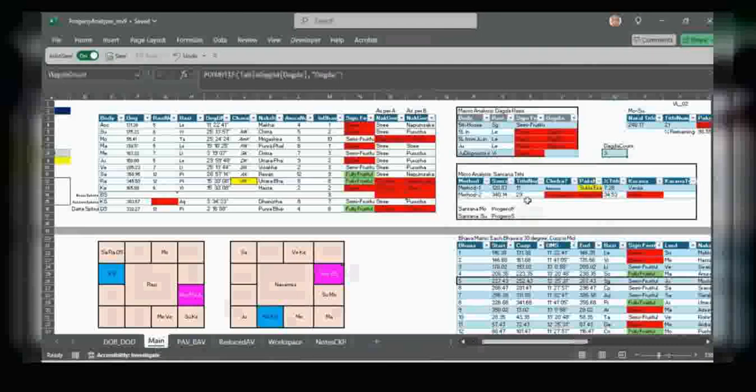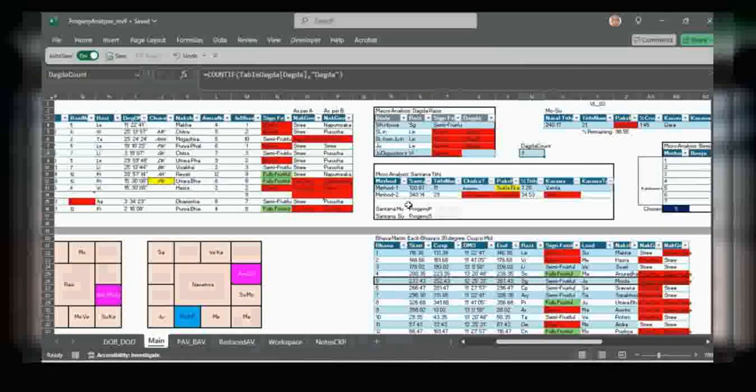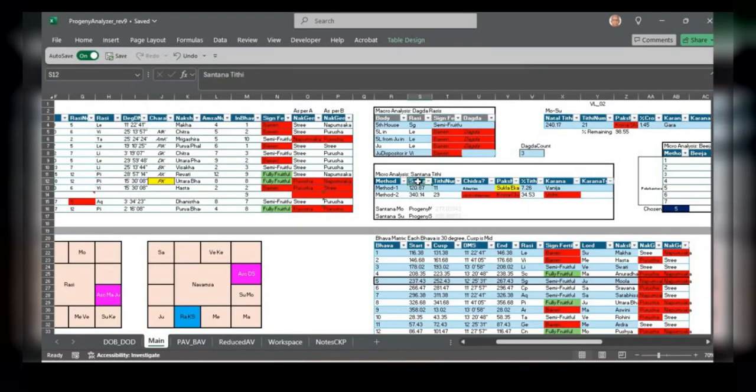So this particular lady I have just taken for illustration seems to be very negative with regard to childbirth, which is the real case as well. And when we come to micro analysis, as I said, Santana Ravi is calculated, Santana Tithi is calculated